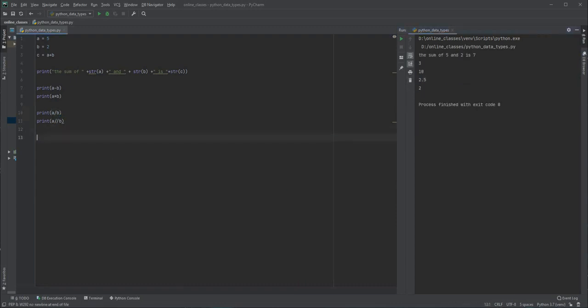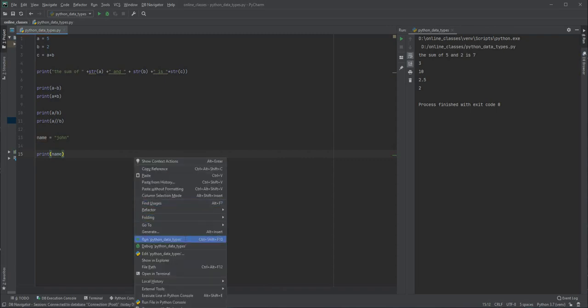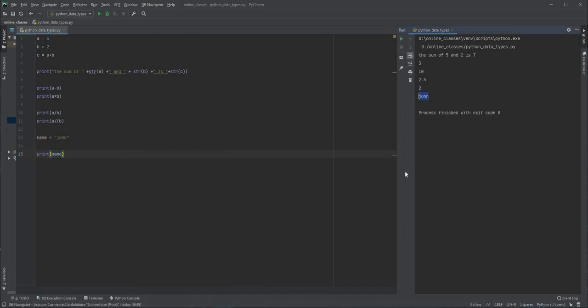Now let us take a string variable called name. Let me write the name as John. So name is John, and let's say we print the string value name. If I run this program right now, we are going to get John.